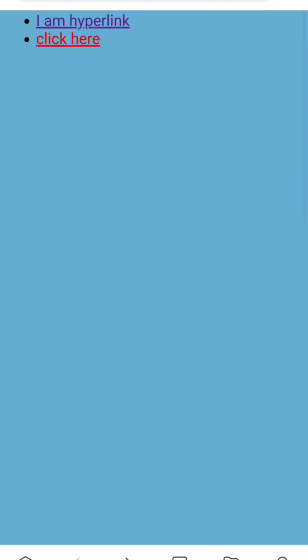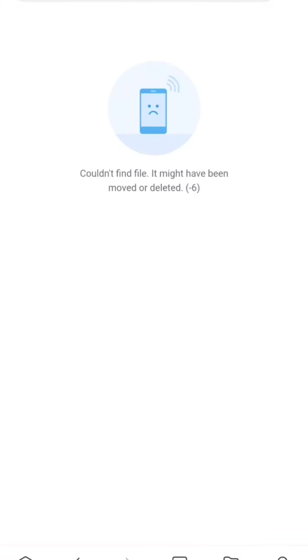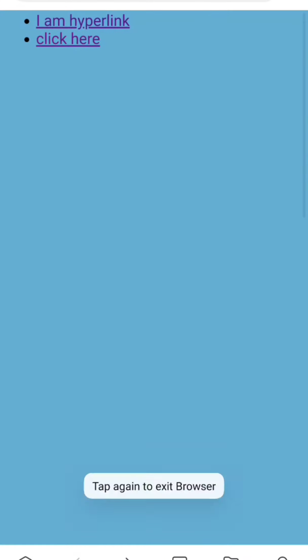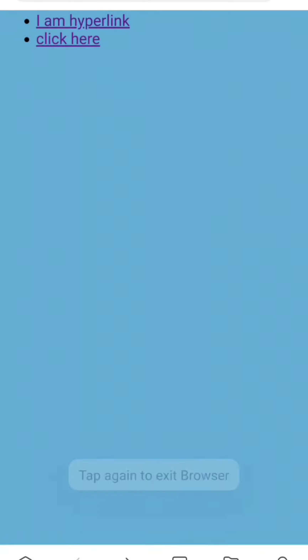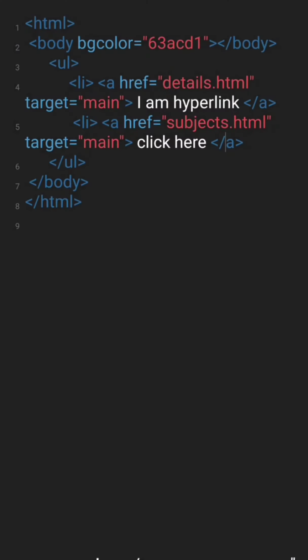I have put a particular file, so this is opening over here. And if I click here, as I have not put any file, it is displaying a message: could not find file.